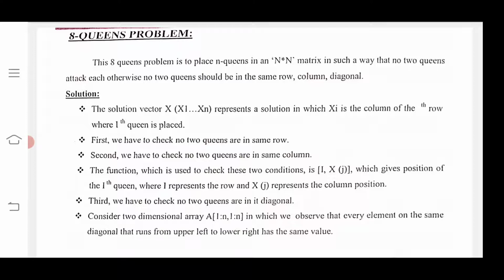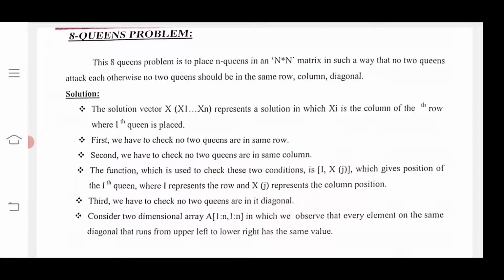That is first comma x of j, which gives the position of the queen, where first represents the row and x of j represents the column position.